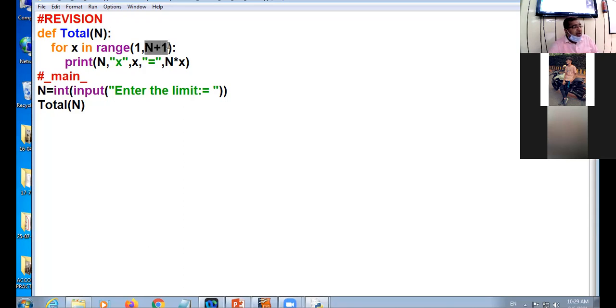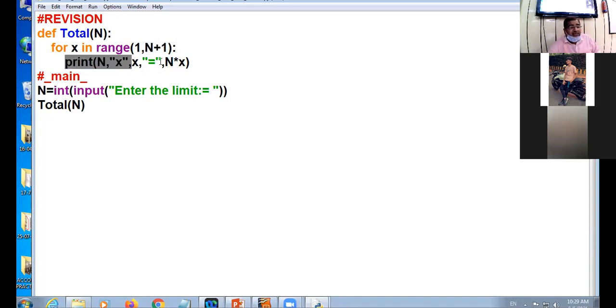For loop के अंदर अगर मैं यहां पर n लिखूं, it will move till 99. If I write 101, then it will come to 100. That is why I did n plus 1. Radhika, am I clear? Why n plus 1 I have did? आप बेटा clear है आपको बच्चे?